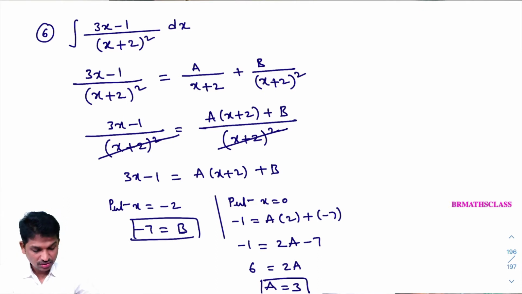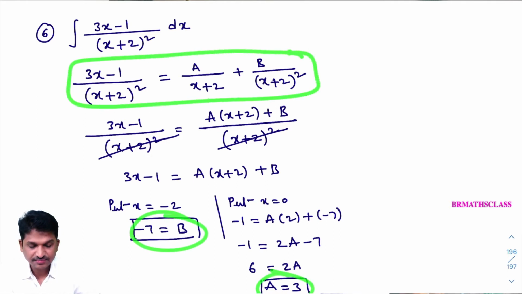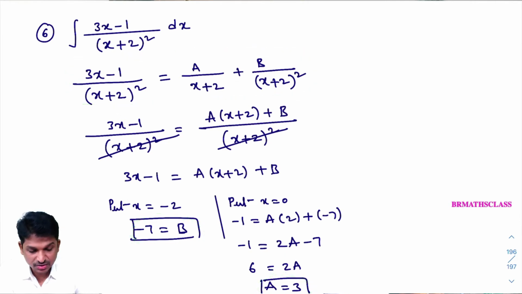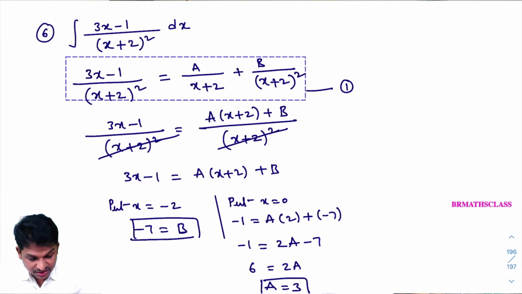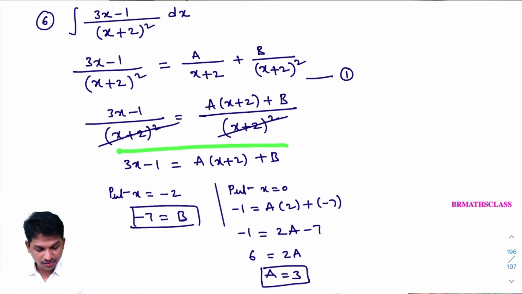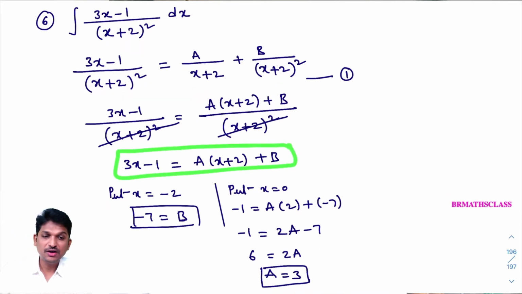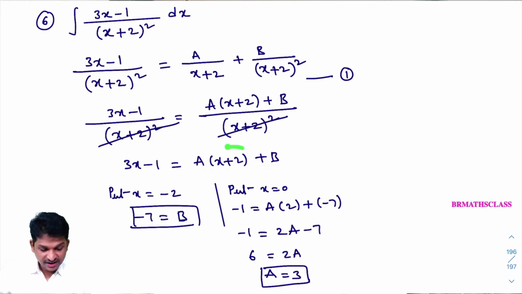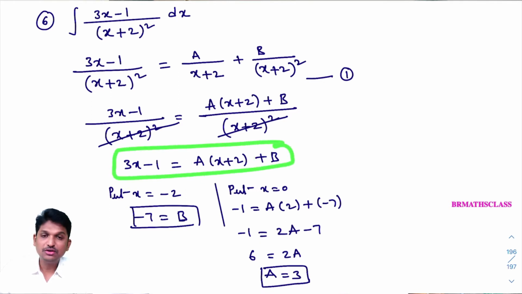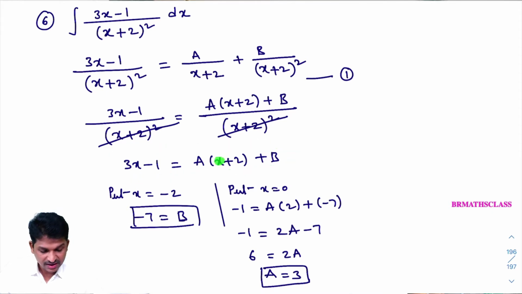Good. Now this a value, b value, you substitute in this. Okay, I'll take this as equation 1. This a value, b value, I'll substitute in this equation. Okay, listen here. What do I want to find? I want to find a value, b value. I can easily make this term 0. What I am saying, this is true for all real values of x. Now what I'll do, in place of x, I am putting x equal to minus 2.